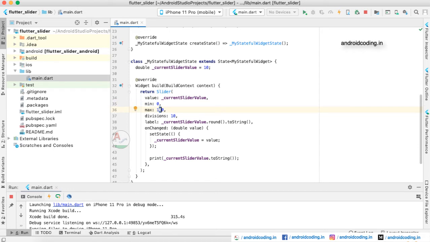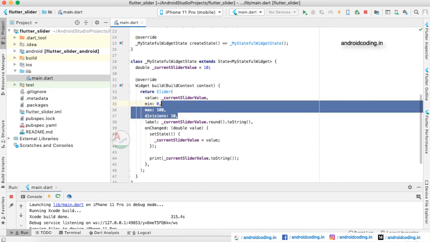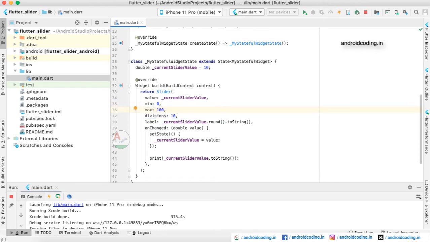Here we have specified the minimum and maximum ranges, and the divisions also we take in the slider. And here the label, we are getting the value and rounding it off, and converting it to a string. And here you can see onChanged, whenever you change the slider.